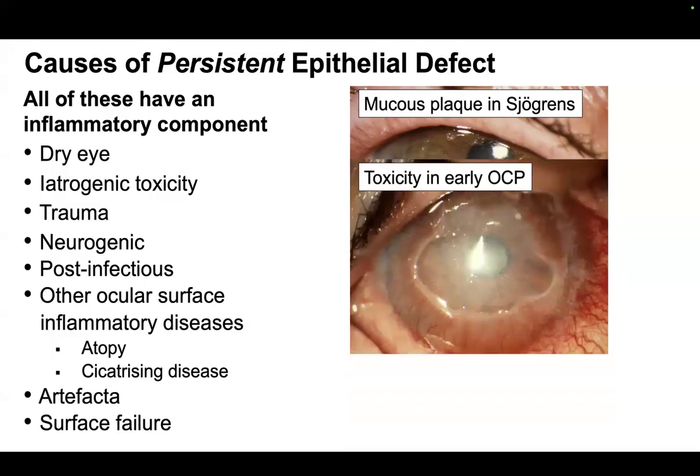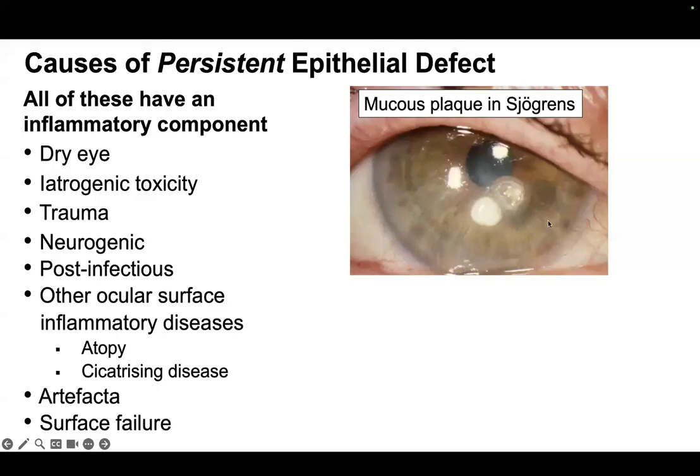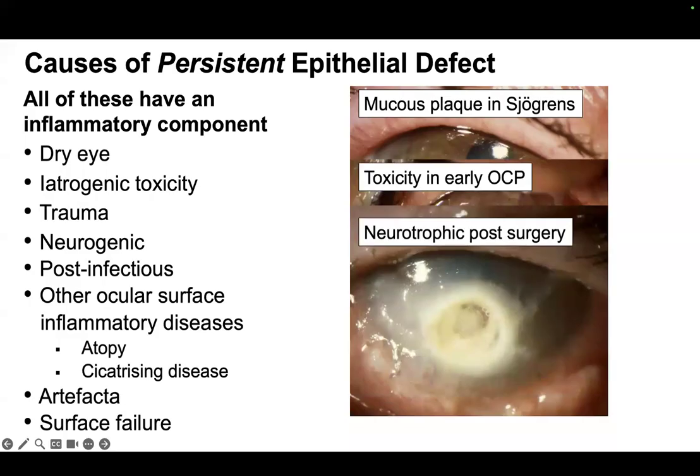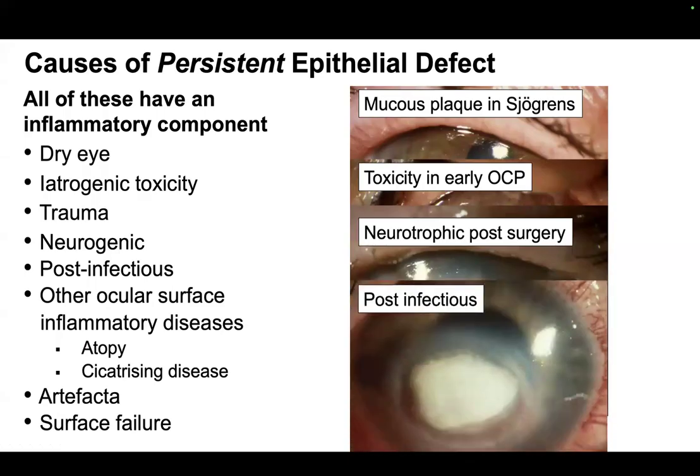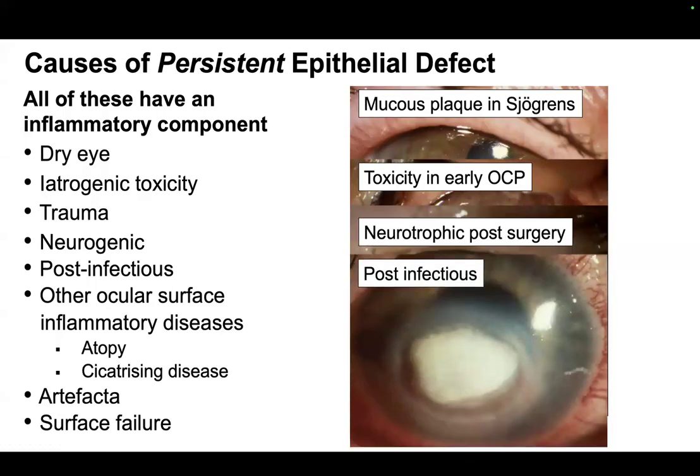So this is toxicity in early ocular cicatricial pemphigoid. This earlier one is a mucus plaque in a patient with Sjogren's. This is neurotrophic cornea post-surgery, probably managed with amnion. And this is infection, so it's most likely candidal, and it's just sitting there and not permitting this